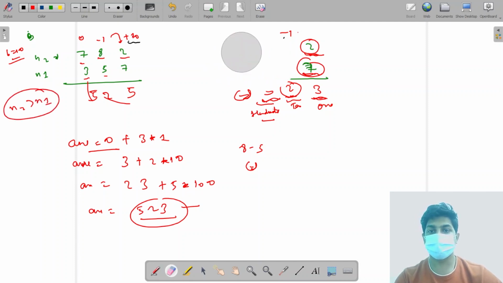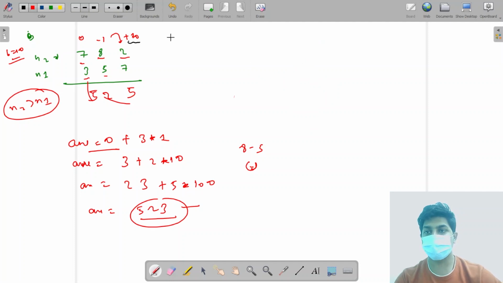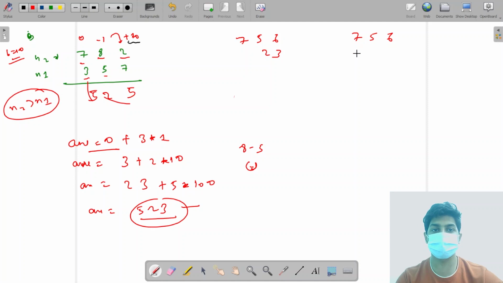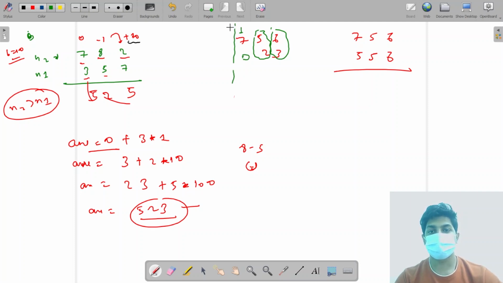So there are two scenarios. Something could be there like 756 and 23, or there can be 756 and 556. What we will do, we will first subtract these two digits. Now we will subtract these two digits. Now we'll come to this digit here, nothing is present, so we will take it as 0. So now we will move to here, nothing is left, 0 is left. Okay, so we can see that number 1 was finished earlier at this location only, but number 2 was still there.